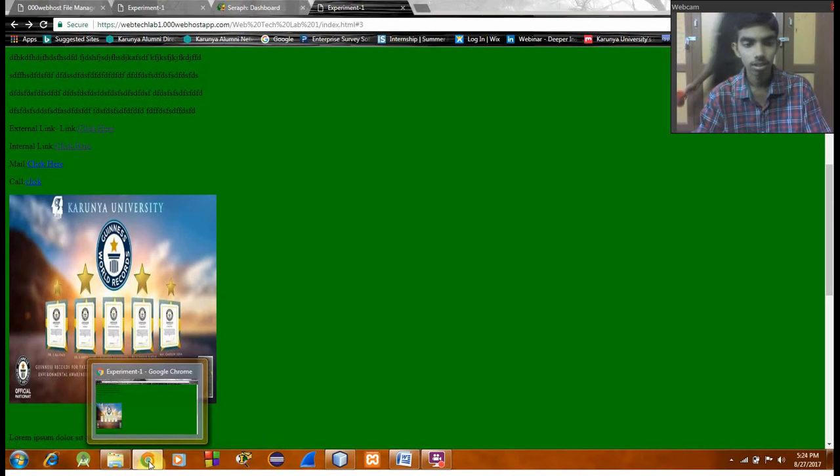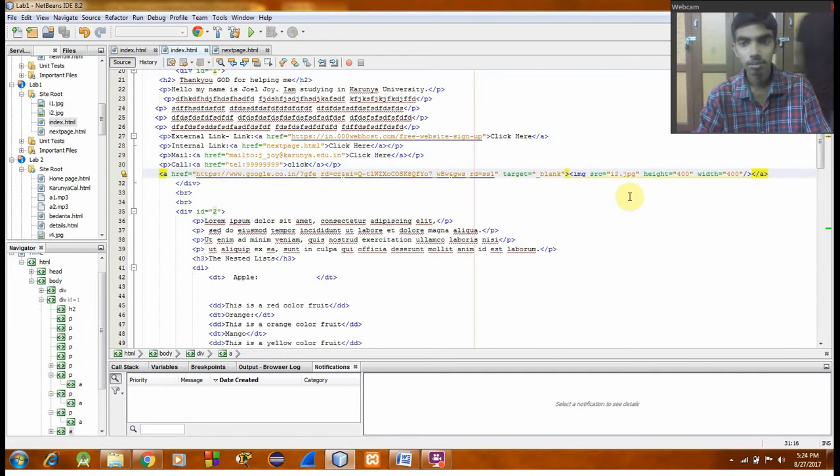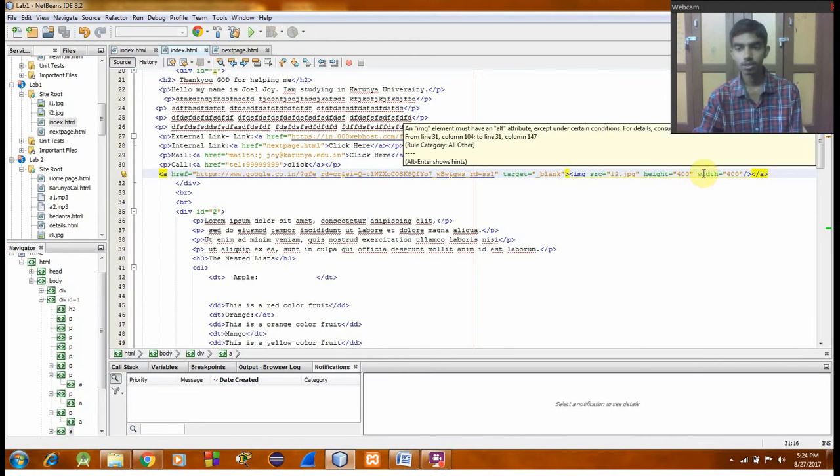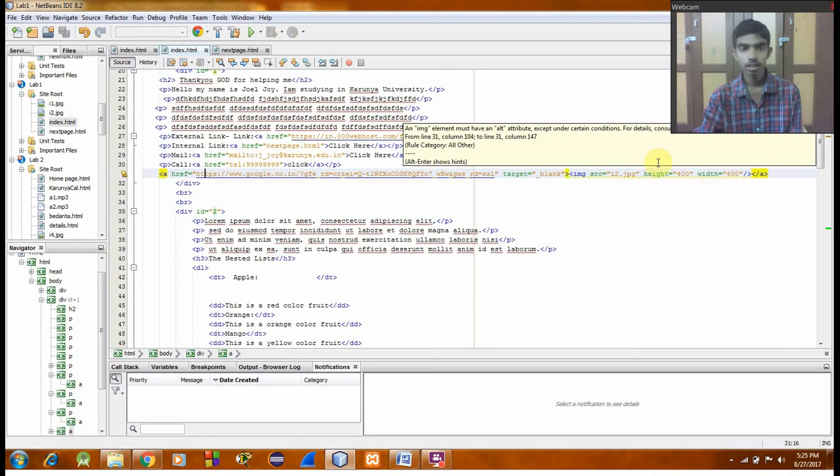Now I've given an image. This is a clickable image. If I click on this image, it goes to a different web page. I have given the height and width using these attributes, and using an anchor tag I have linked it to another page.